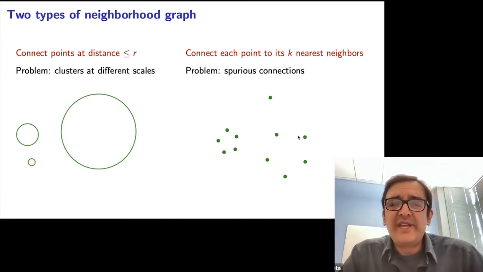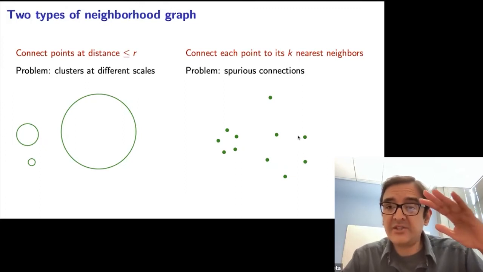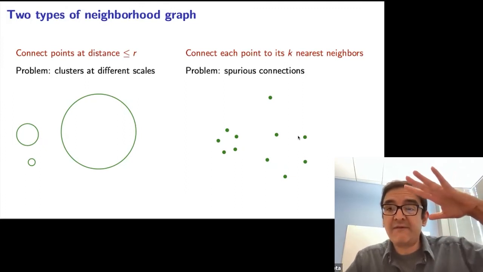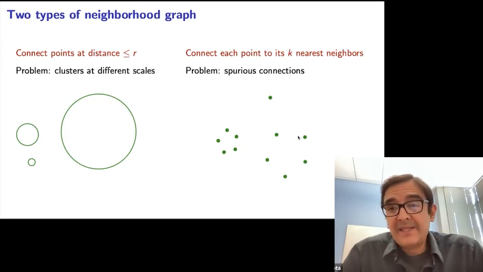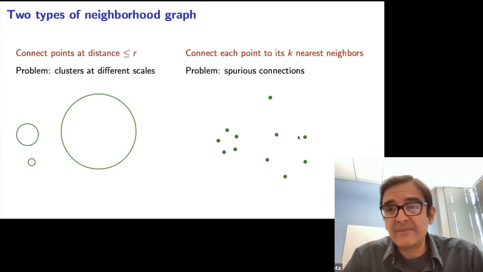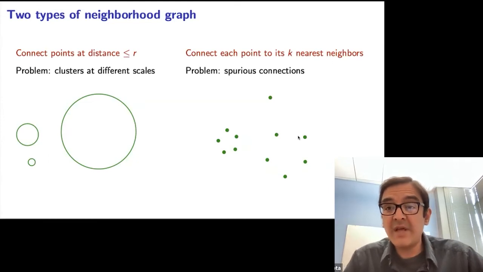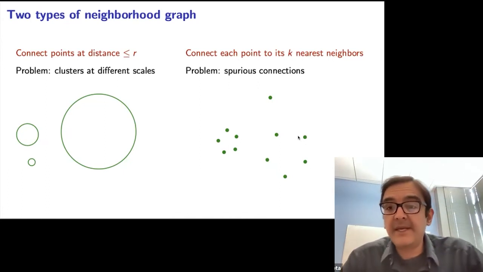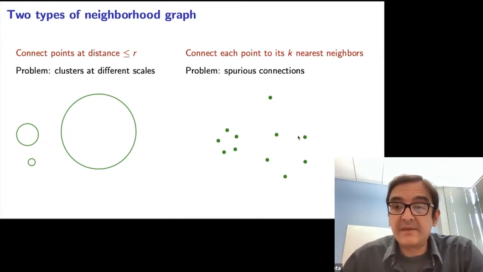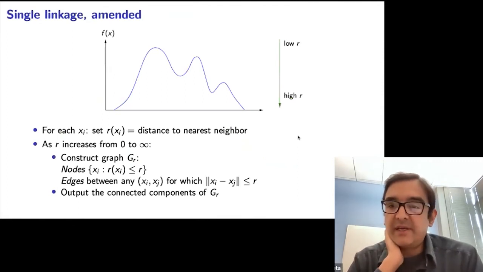So the problem over here really is that we're trying to take multi-scale structure and just flatten it into a single graph. And that's just inherently problematic. So maybe we could instead think hierarchically, and instead of choosing a single nearest neighbor graph, why not take a whole hierarchy of graphs at different scales? And this is implicitly what single linkage is doing, okay?